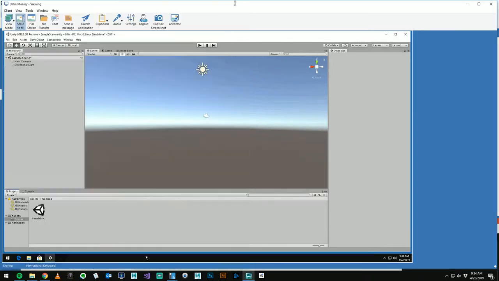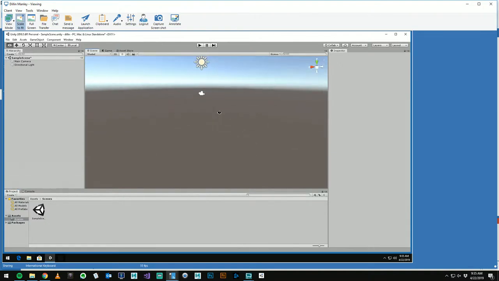So, welcome. Mr. Brooks here. We're going to show you how to make a terrain inside of Unity for our current project, which is to make an environment for our original characters so they can be animated inside of it. Okay, so we've got an empty scene here, an empty project, and I'm going to go ahead and make a